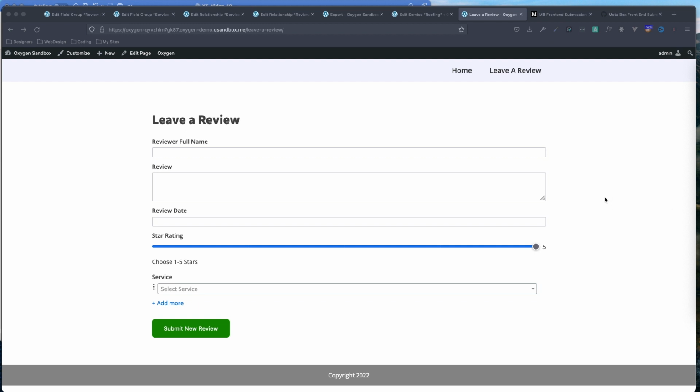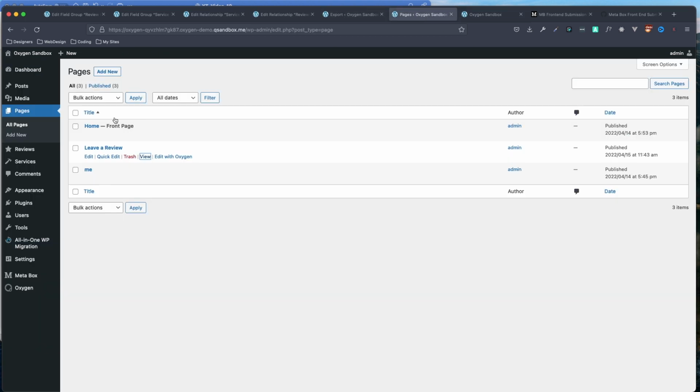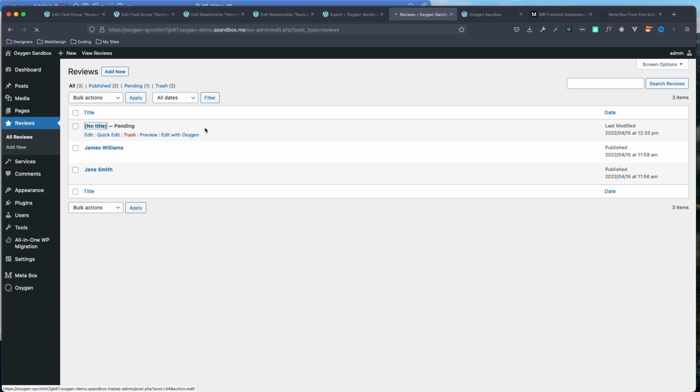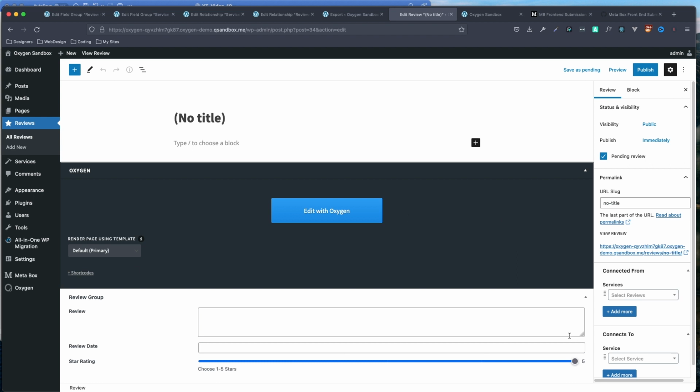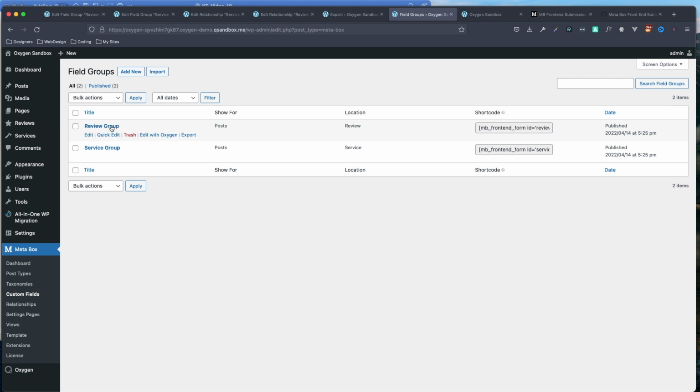One thing I also wanted to add that I didn't mention earlier is that right now, if the form is blank and I hit submit new review, you can see it let me submit a blank review that time. And now when I come back here to reviews, you can see I'm getting a no title and it's still pending. And everything is just blank here. So what we can do to actually prevent that is if we come over to MetaBox and our custom fields and our review group,